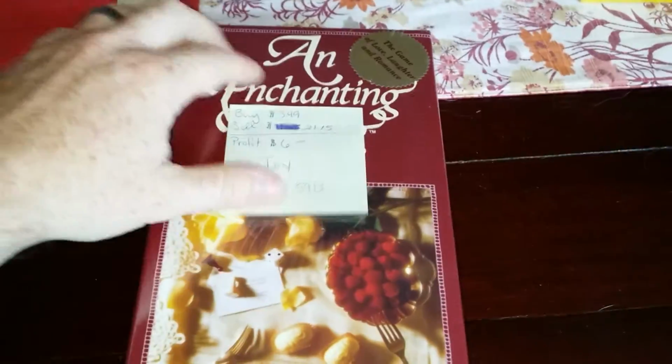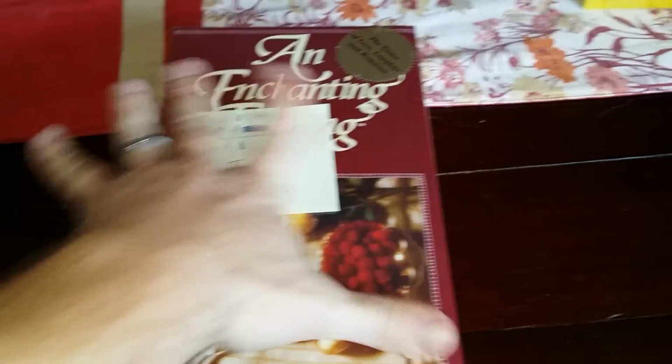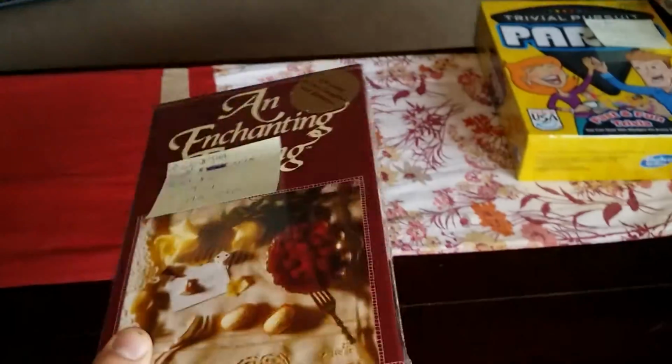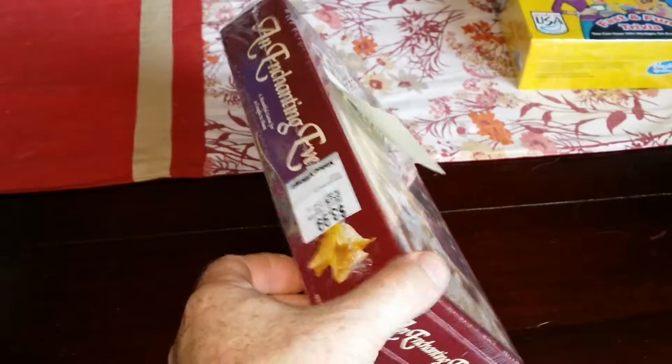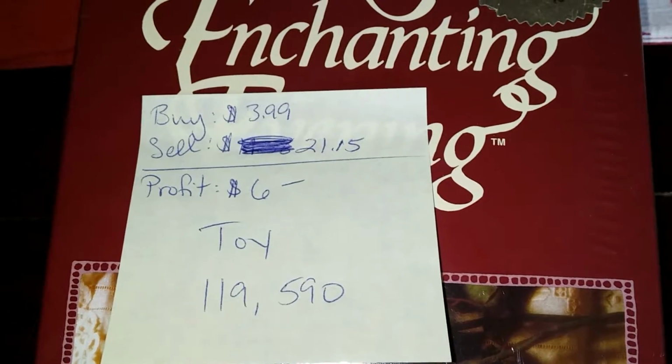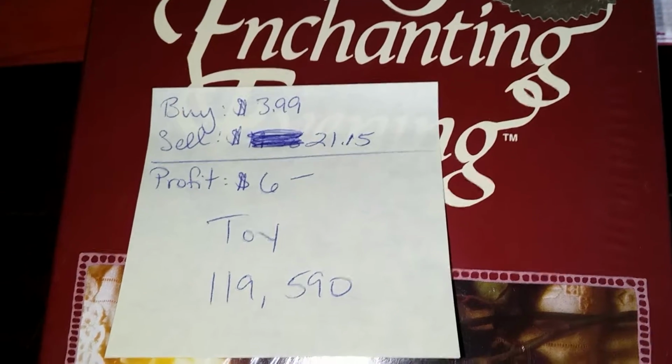Alrighty, next one here. We got an Enchanted Evening. It says evening under there. It's like a romance game. It's also brand new sealed because I don't know that I'd probably touch one of these if it wasn't sealed. You never know what bodily fluids might have gotten on it. Let's see here. You can see $3.99 right there. Alrighty, so $3.99, sell for about $21.15 for a profit of about $6 in the toy category,